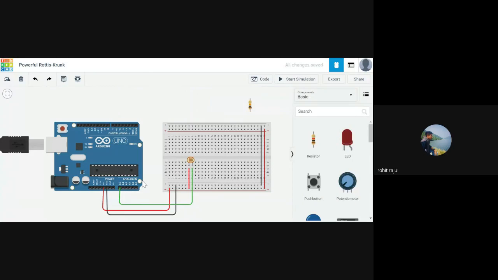So the main mode of this experiment is that this photoresistor detects the amount of light, the light intensity at each point. As Dheeraj said, it varies its resistance accordingly. So if more light is falling on it,